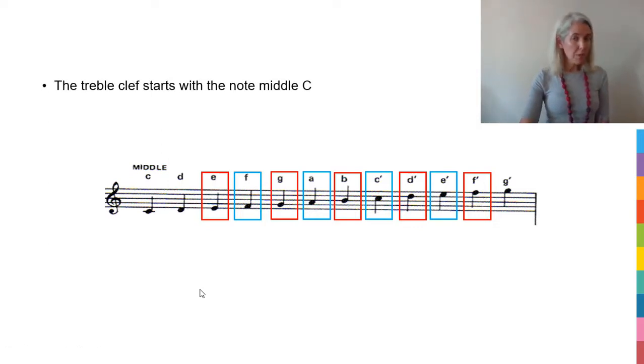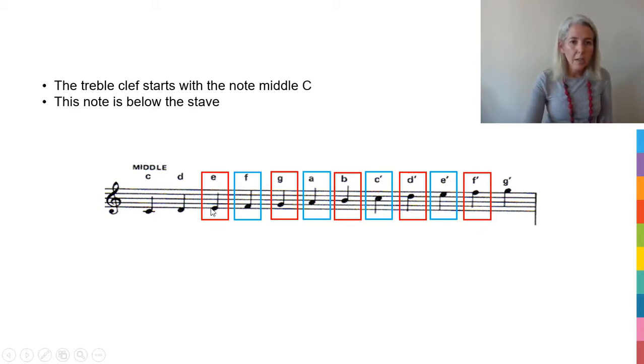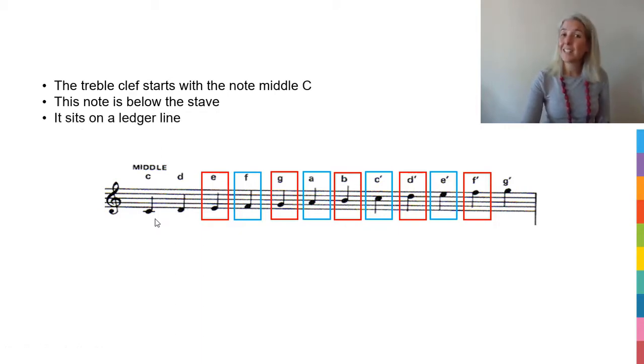The treble clef, which is the note names we are interested in at the moment, starts with the note middle C, and you can see it over here. Okay, that is our middle C note. This note actually sits below the stave, and you can see our notes on our stave that we learned. E is over there, but this is actually beneath that. It sits on a ledger line, and this here we can say is a ledger line, the little line that the note goes through. So ledger lines help us to name all of the notes on the keyboard, not just the notes from E